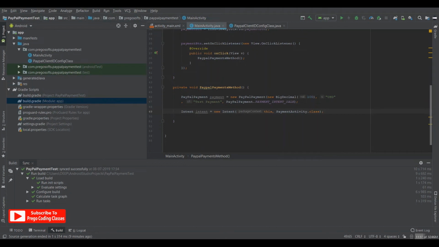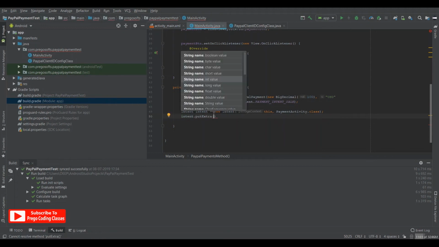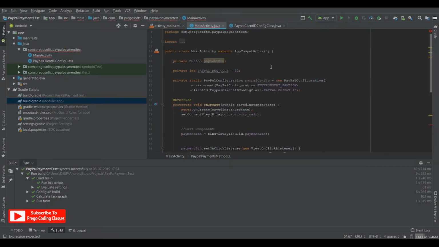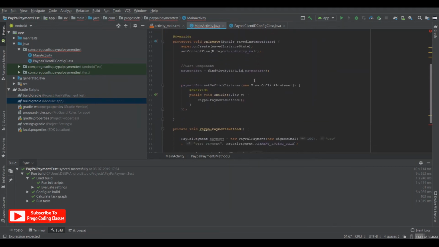and opens the payment activity that is custom created in the dependency that you have imported. So we need to put some extras over here also. So intent.putExtra, just use the semicolon first. In the putExtra, we'll say PayPalService.EXTRA_PAYPAL_CONFIGURATION, comma, the configuration over here, that is the PayPal config,